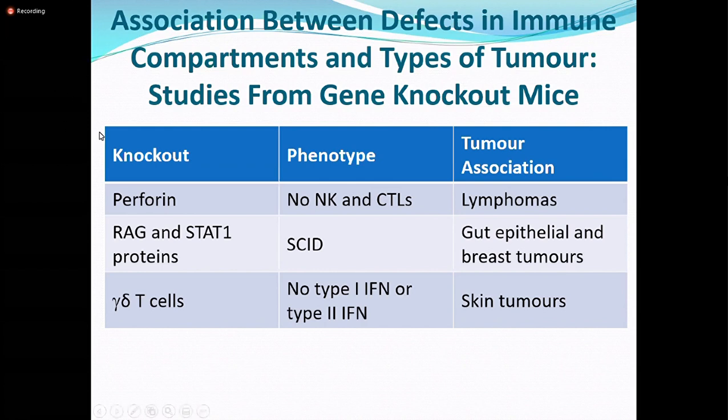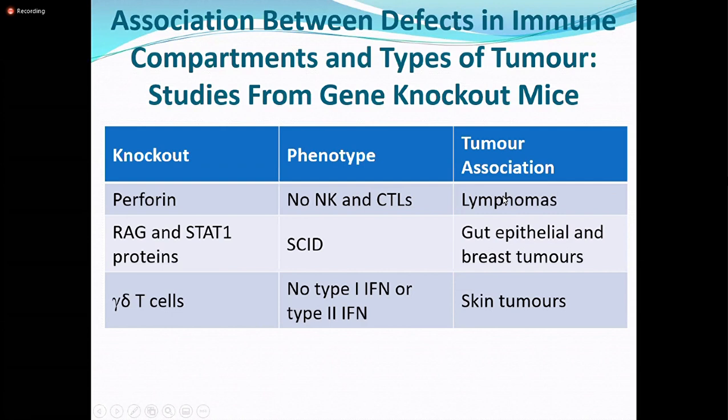So in these experiments, if you knock out perforin, which if you recall is one of the cytotoxic granules that cytotoxic T cells and NK cells need to kill their targets, so basically there's no NK and CTL activity in these mice, these mice often develop lymphomas. So this gives an indication of the importance of the role of this arm of the immune response in dealing